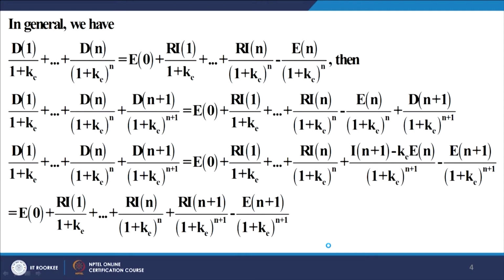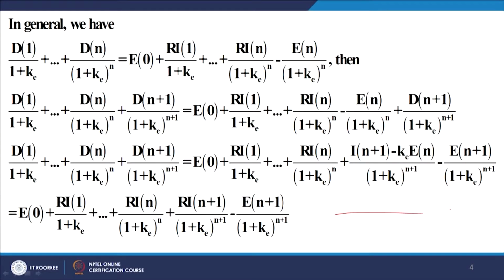We assume this to be true in line with the usual methodology of mathematical induction, and then we add a term d n plus 1 upon 1 plus k e to the power n plus 1 on the left hand side. We assume that it is true for t equal to n years, it is true for a firm with a life of t equal to n years, and we prove that if it is true for a firm with a life of t equal to n years, then it is also true for a firm of life